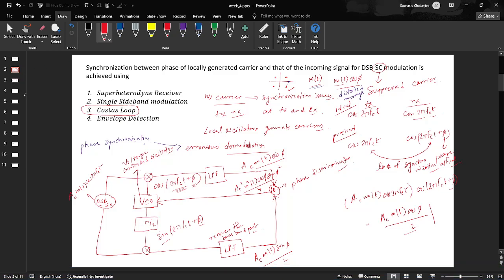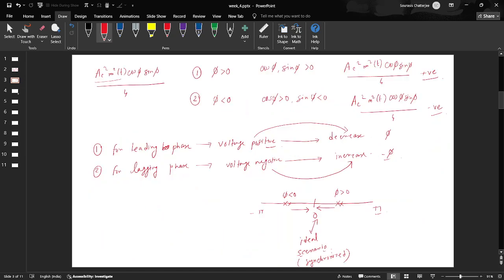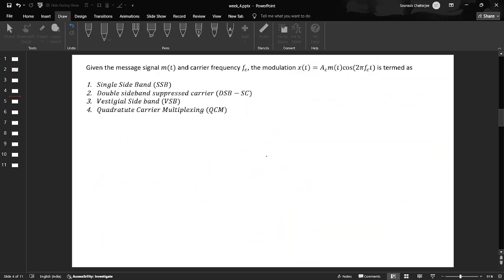Now let us move to our next question here, which is regarding, given the message signal m(t) and carrier frequency fc, we are given the modulated signal expression Ac m(t) cos 2 pi fc t, and we are supposed to find out whether it's SSB, DSBSC, or vestigial sideband VSB, or quadrature carrier multiplexing. So we know that cos 2 pi fc t